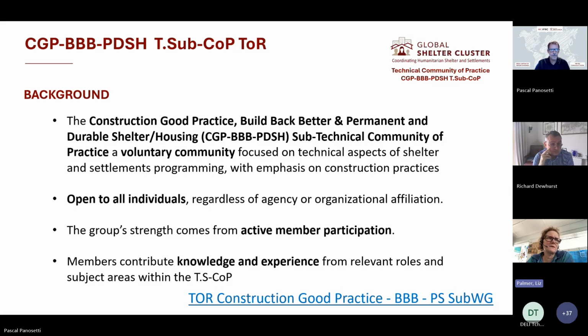Yes, and obviously we're very grateful for the active member participation. I'd like to take a moment to thank everybody who's presenting today, Richard, Sebastian, and Sujoy, for that really fantastic support and engagement on this. And of course, all of the members are encouraged to contribute their knowledge and experience with regards to the work that they do and their subject areas of expertise. Next slide, please. I think we've just had that.